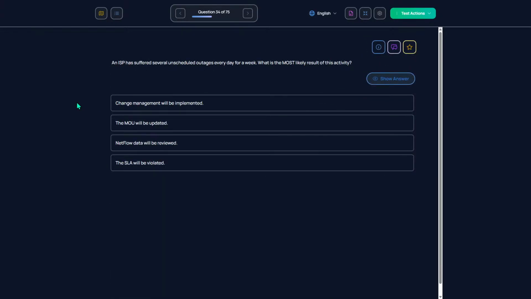An ISP has suffered several unscheduled outages every day for a week. What is the most likely result of this activity? This is actually something that I experienced like 2 summers ago. My ISP was like constantly down. But anyway, in this case, they would be violating the SLA, which is a service license agreement.